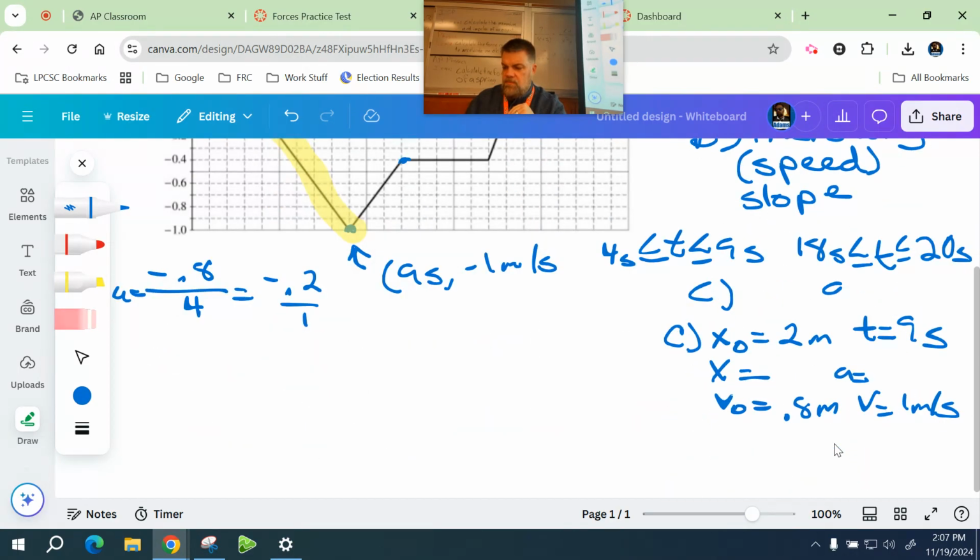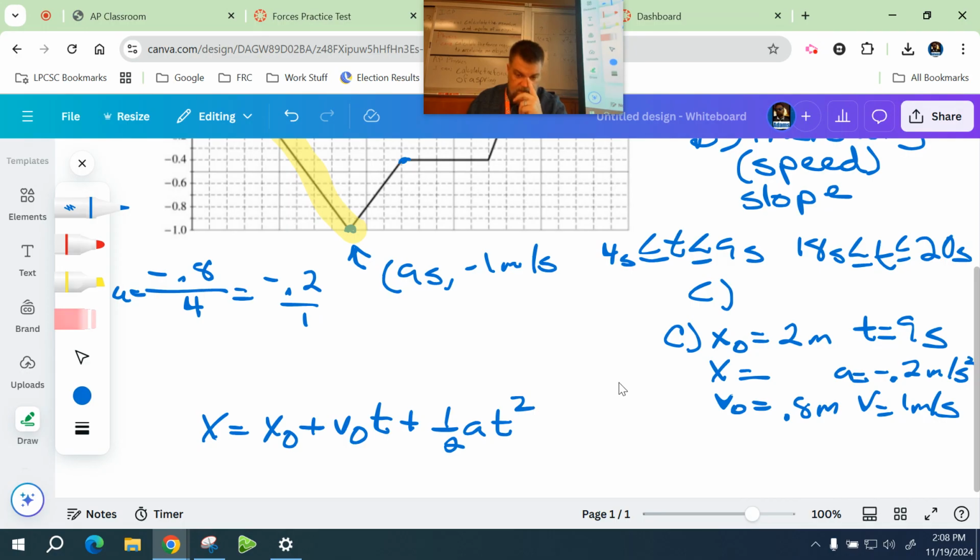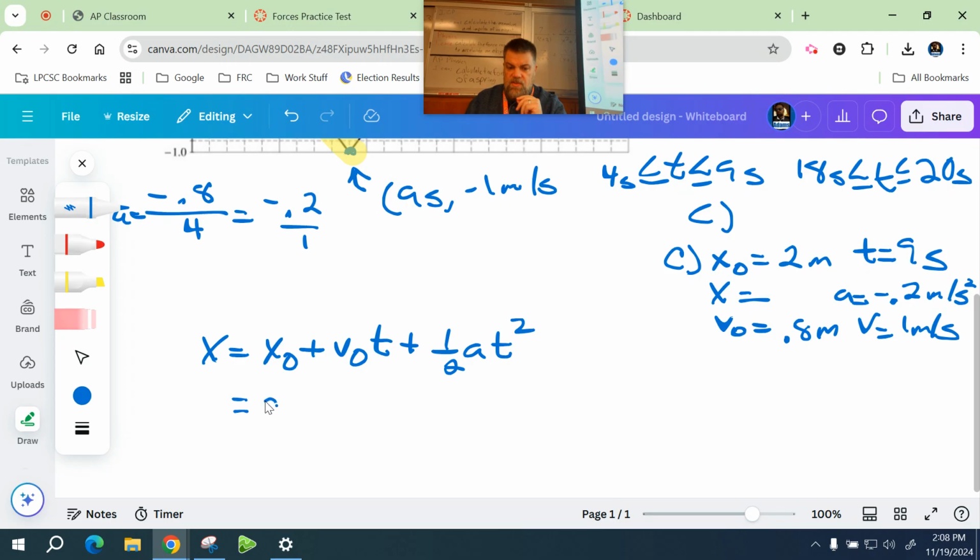So the acceleration should be -0.2 meters per second squared. Then the final position, x, is equal to the initial position plus the initial velocity times time plus 1/2 times the acceleration times time squared. That's it. And so my initial position is 2 plus